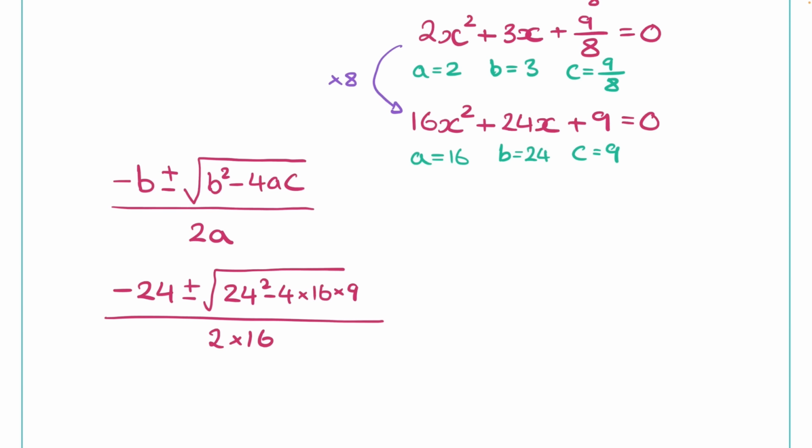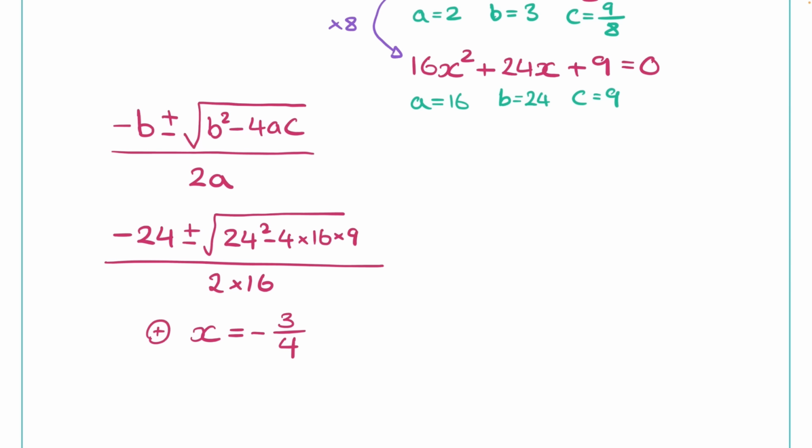So we have, and that was using the plus symbol, x is equal to minus 3 over 4. And if I go back into my quadratic formula and I do it with the minus symbol, I get x is equal to minus 3 over 4, which is exactly what we were looking for. So we have the same x solution, which means there's only one x solution. Only one solution